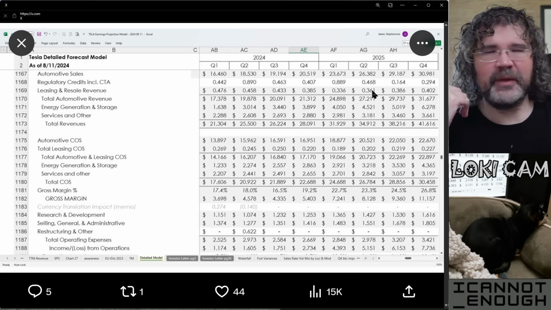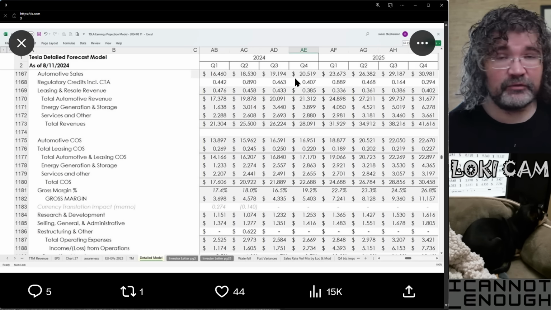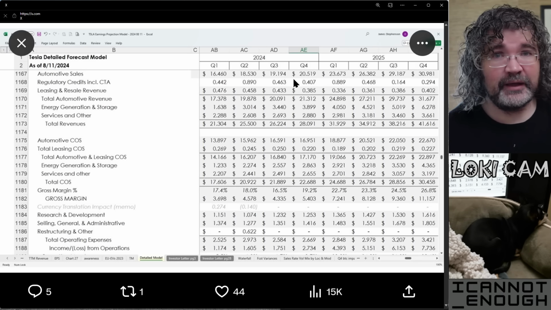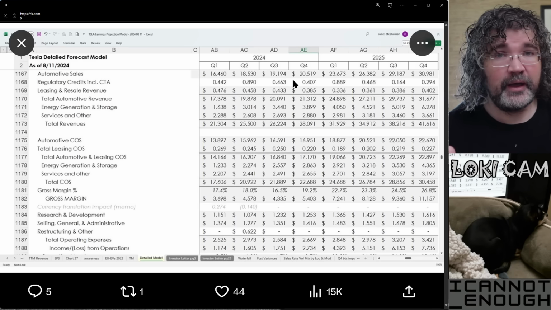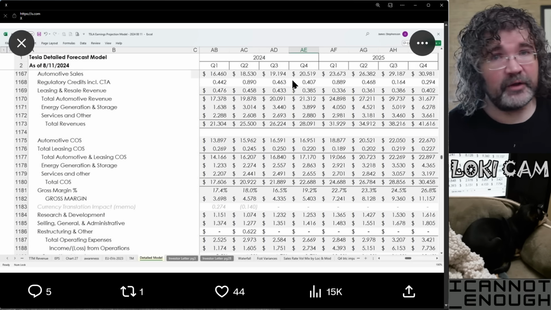And then these are just the numbers that you believe if you believe the assumptions that I made at a very detailed level about production by model, by site, and ending inventory. Then you believe the deliveries and the assumptions that I made about revenue per option for every different kind of option you can buy. What's the take rate going to be on that option, and how much will Tesla be able to make in revenue for that item? Offset by the various other impacts to revenue that I have modeled out, including stuff like